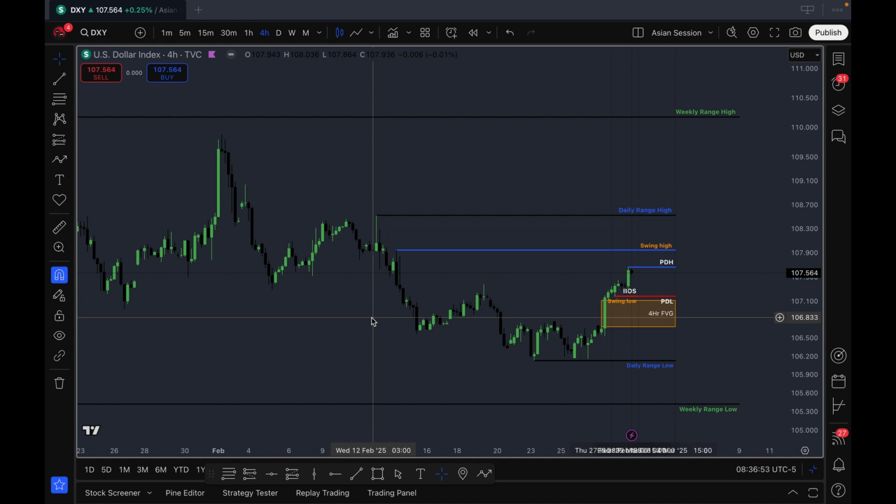Before we dive into the setups, let's take a quick look at the overall markets. Well, let's take a look at DXY. DXY is the US dollar index, and it shows the strength or weakness that the dollar has. If you're interested in trading Euro US dollar or Great Britain pound US dollar, you need to take a look at this chart, because if it's bullish, that means dollar has strength, and if it's bearish, that means dollar is